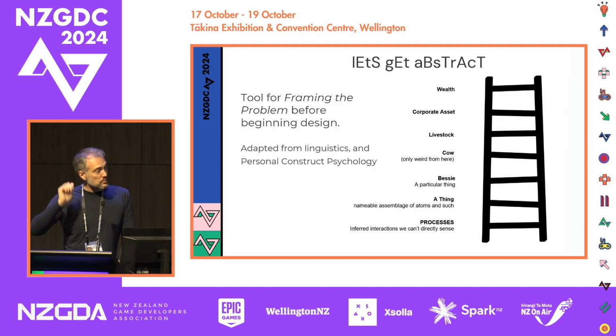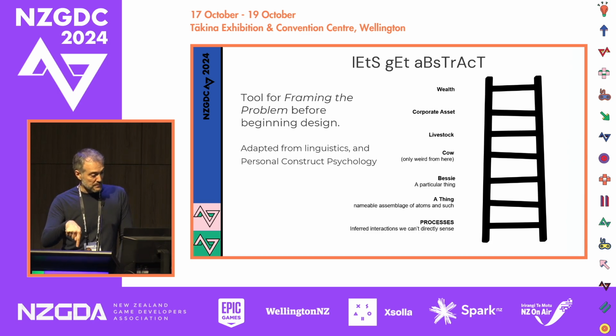And if I then ask, well, what is a cow? You might go up this ladder and say, well, a cow is just livestock. That's what a cow is. And more abstract than that, it's an asset to our farm, our corporate farm, which basically means a cow is wealth. So in some way, the person whose constructs lead up towards there is thinking of a cow as just a thing. That might be quite different from someone else who's looking at a cow, based on their context, based on their lived experience, et cetera.